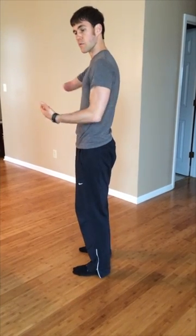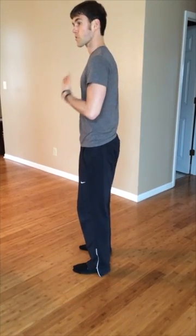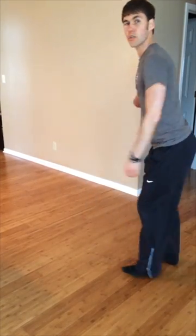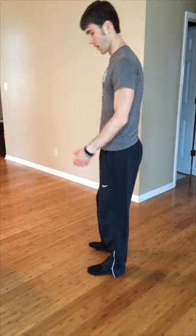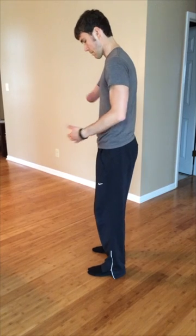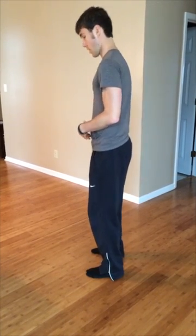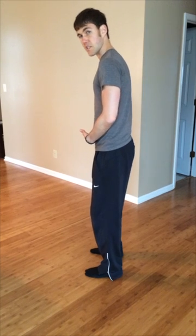Okay, a lot of guys, when they try to stick their butt back, also try to keep really upright, and what's going to happen? You're going to fall backwards. Okay, so again, I'm maintaining my balance. My weight should feel centered over my feet. I'm going to soften my knees. I'm going to stick my butt back